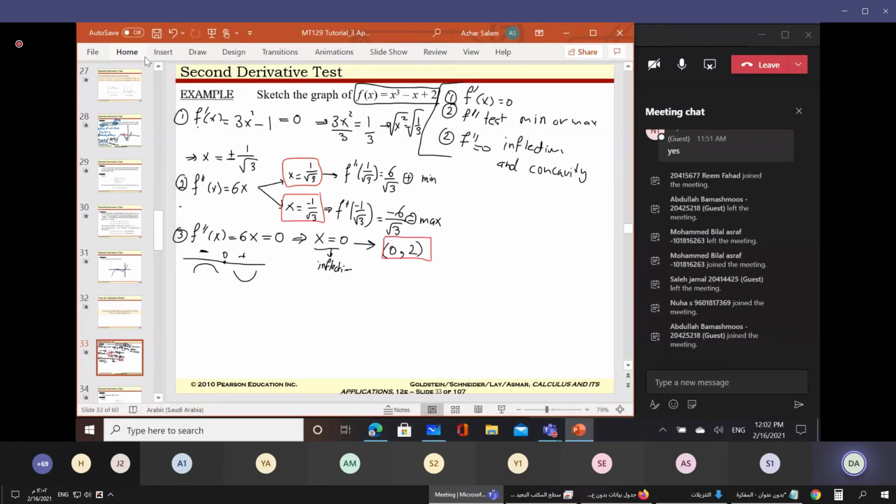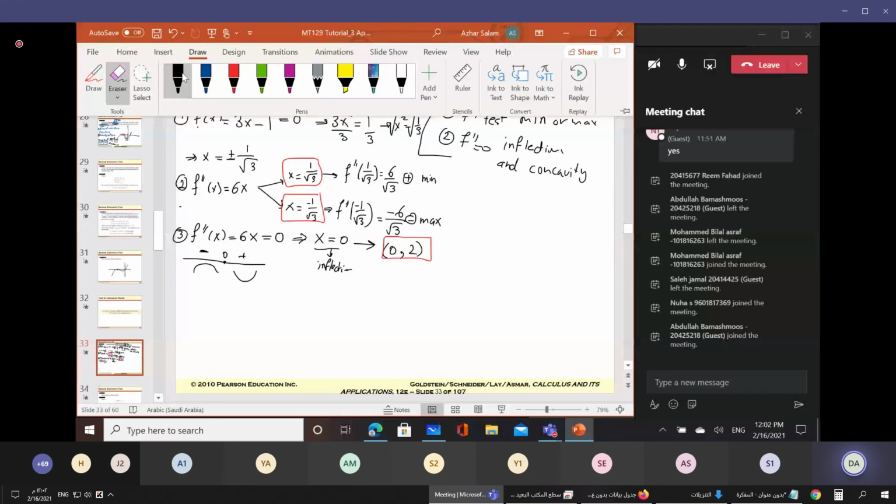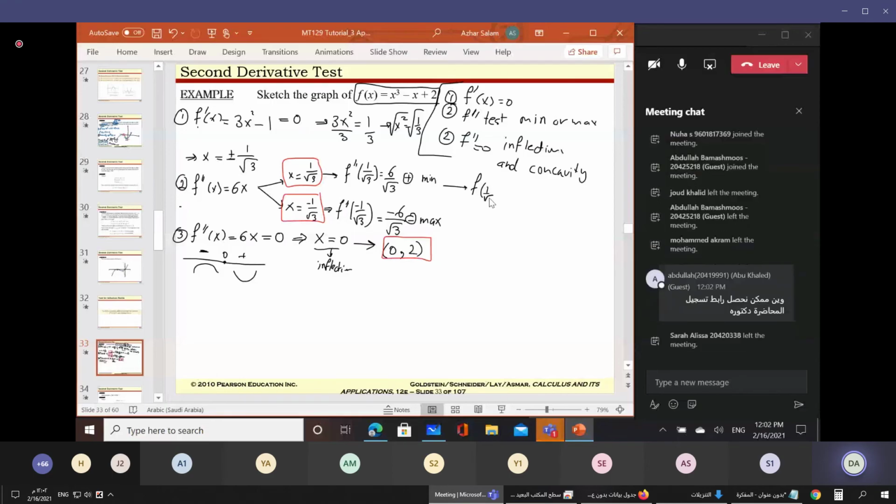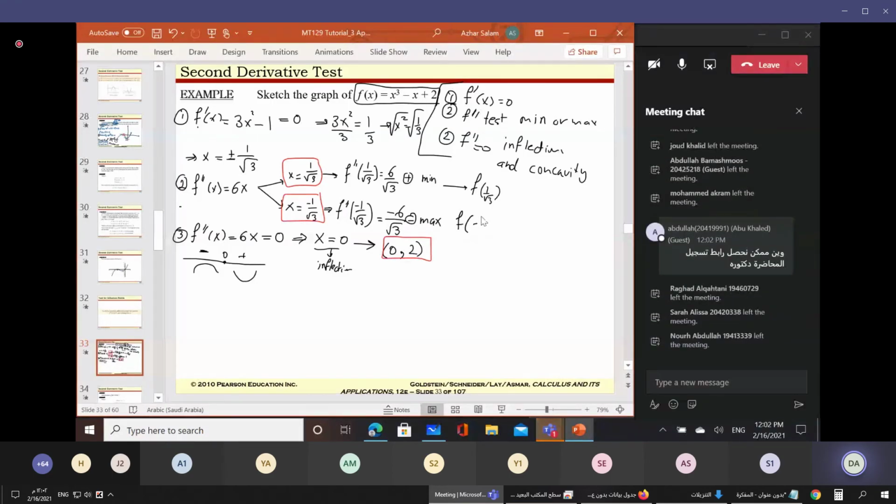Okay. Okay, we still need here the y coordinate. So I need f of 1 over square root of 3 and f of minus 1 over square root of